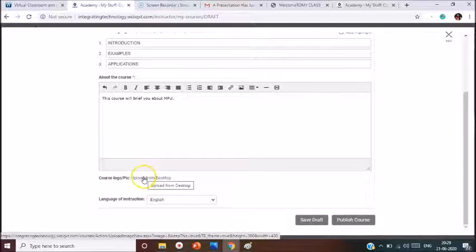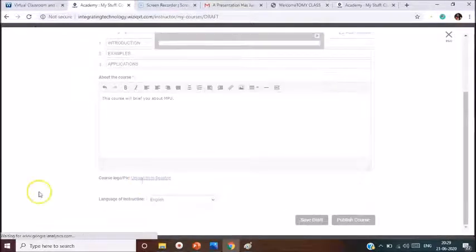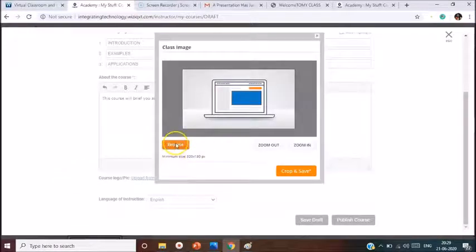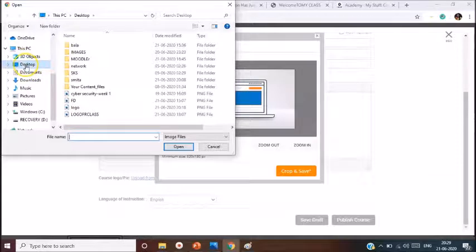You can also upload a logo for your course. So click on upload from desktop. Click on browse. And you can select the file.